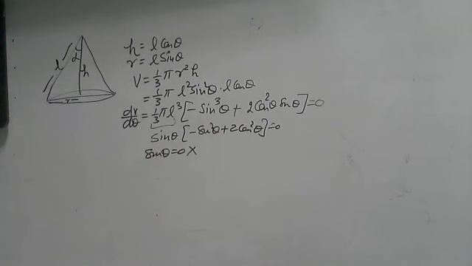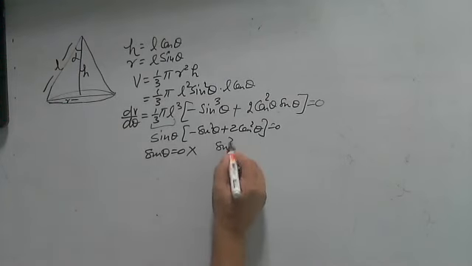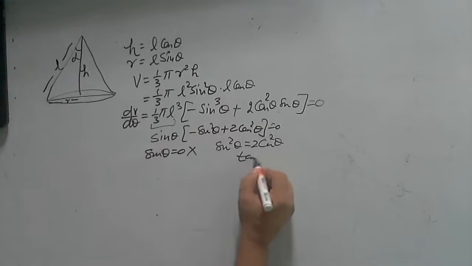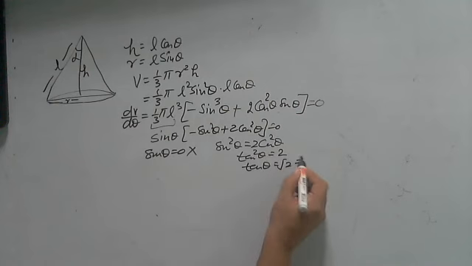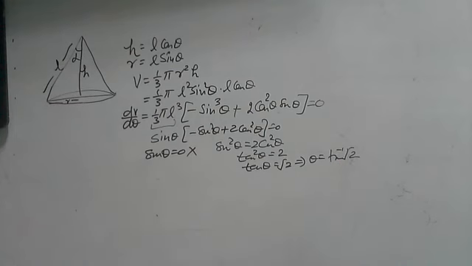After that, we have another thing left, that is this part. It gives sin square theta is equal to 2 cos square theta, so tan square theta is equal to 2, and tan theta is equal to root 2, that is theta is equal to tan inverse root 2. This is our value of theta, which is what we had to prove. Now you know that when the tan theta part has come, you can easily find the cos theta part too. Its semi-vertical angle is tan inverse root 2. It is in terms of alpha actually.